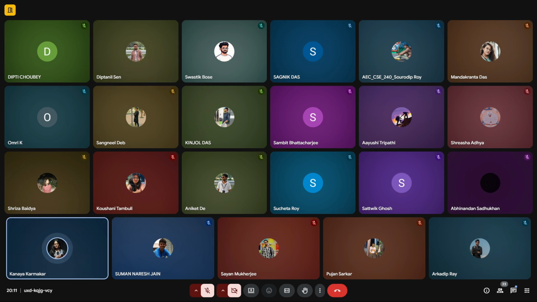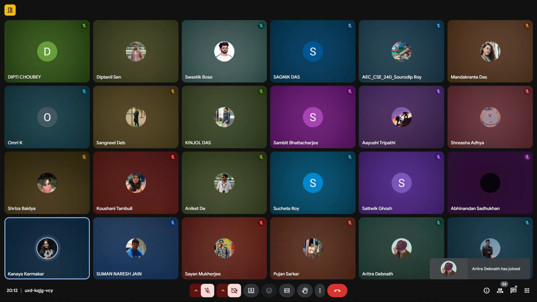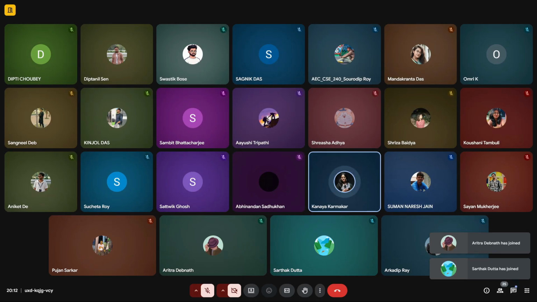Now, before we dive in, here's a quick look at how the session will unfold. We'll start with a short introduction to the concept of invisible UX. Then, we'll explore how it shows up in real world applications and products we use every day. After that, we have a special keynote session by our speaker, Mr. Swastik Bose, who will take us through his insights and experiences. Once he is done, we'll open the floor for some questions and interactions. And finally, we'll wrap things up on a fun note with a quick quiz and some exciting surprises for our